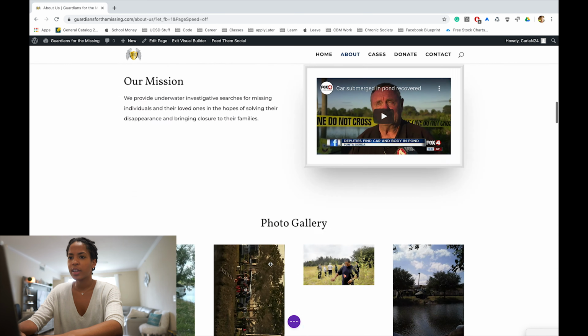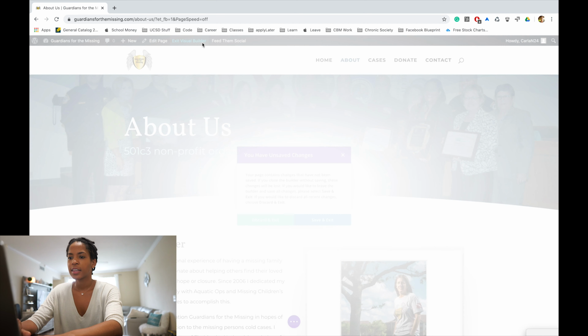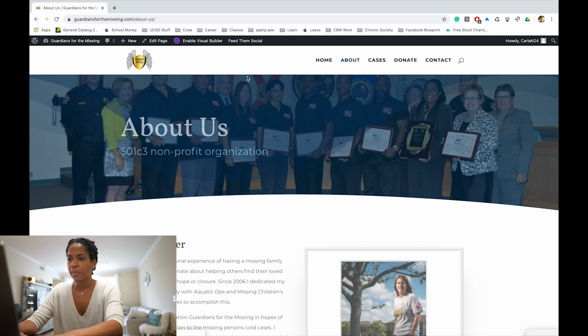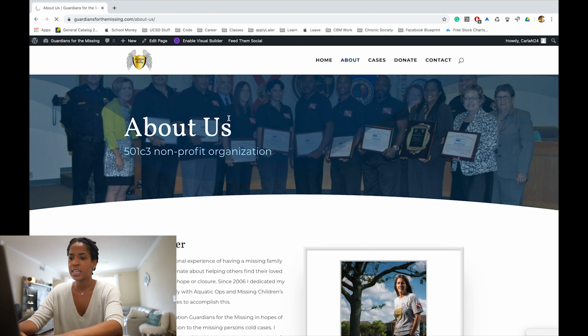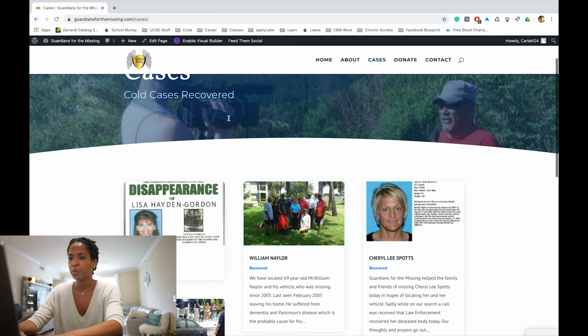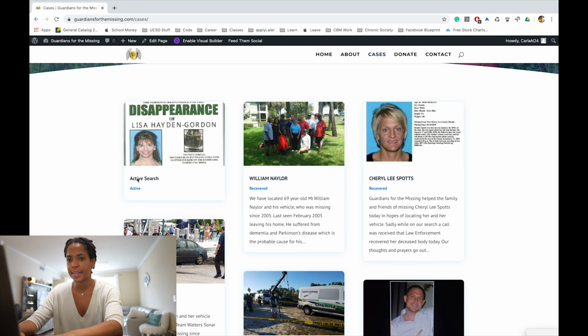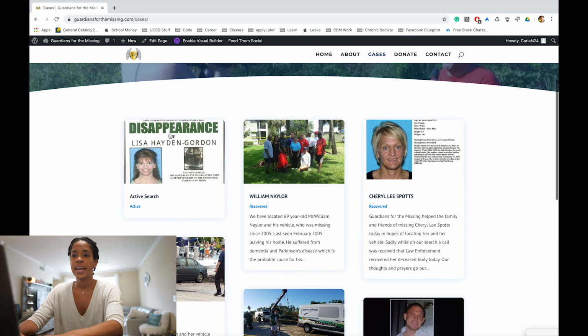And if we wanted to, let's say, add, we're waiting for that to load. On our cases page, we do see here that we have recovered post. And from our last take, I created this one here, active search. So for you to be able to create something like this, you can either hit this new post button up here and hit post